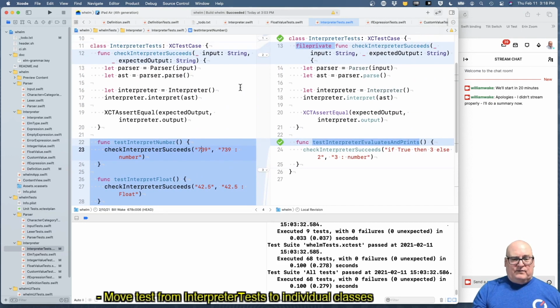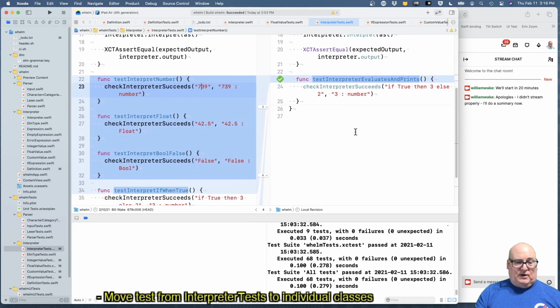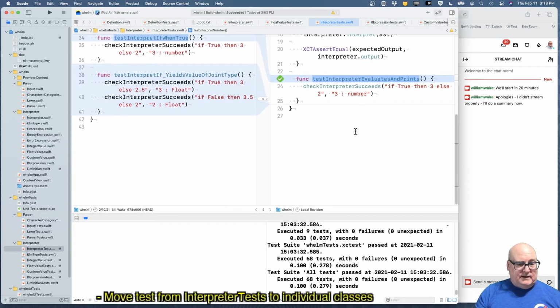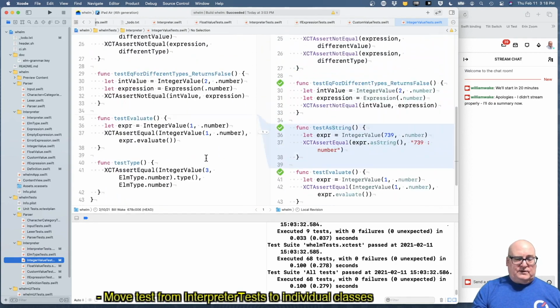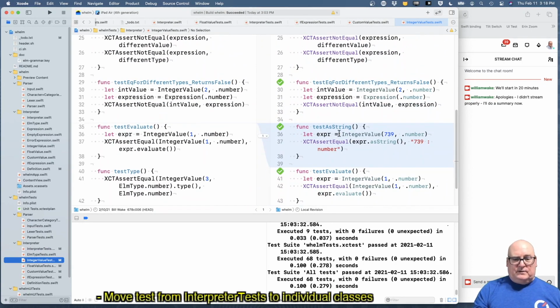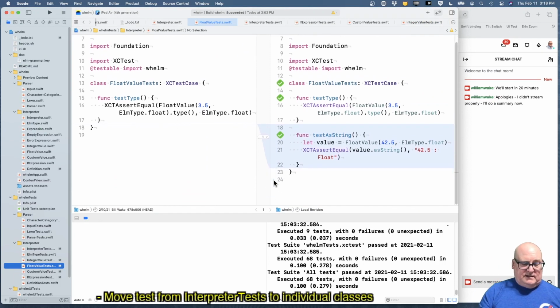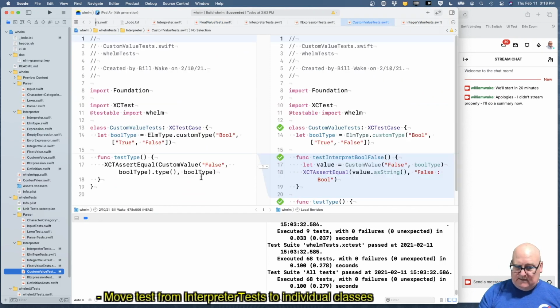So here we've left this one in. If true, then 3, else 2. It expects 3 of number, and it won't get that unless it actually does evaluate and print. All right. And so what we did instead was we pulled those examples over into the classes for the individual nodes. So we've got the as string tests on that one, same thing on float, same thing on custom value,